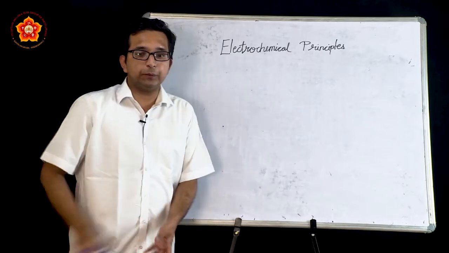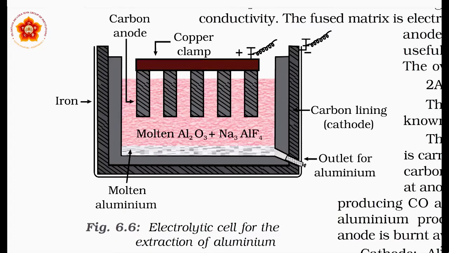In the diagram that is visible to you here, we have an iron system or an iron blast furnace. In the same diagram, you are able to see molten aluminum oxide which has been kept in the system. Molten aluminum oxide is also mixed with trisodium aluminum fluoride compound. This is required because such compounds increase the conductivity and also decrease the melting point, so that the melting point required for this aluminum oxide can be reduced and thereby it can easily be obtained.